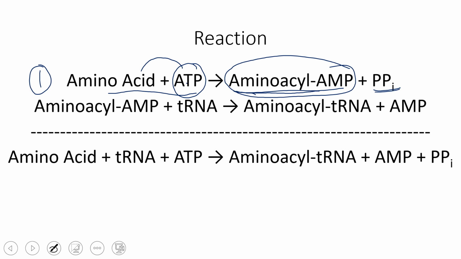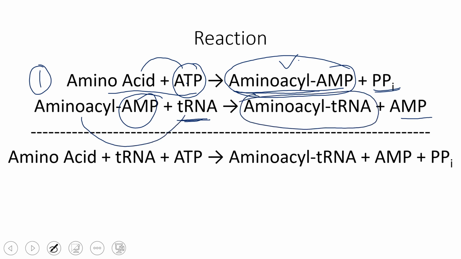So this is my first reaction product. In the second step, this component is going to combine with tRNA. So AMP will release, AMP release हो जाएगा, और this amino acid will be loaded on tRNA. So ultimately you have got aminoacylated tRNA. This is the chemical reaction. यही करवाना है हमें during activation process.